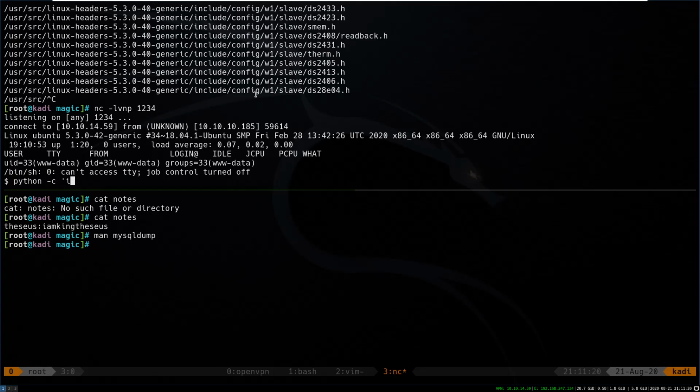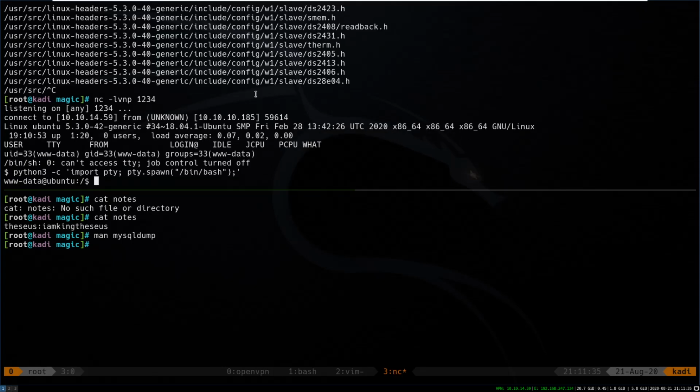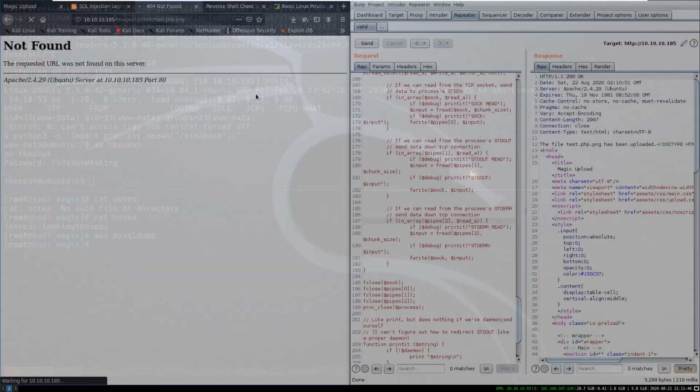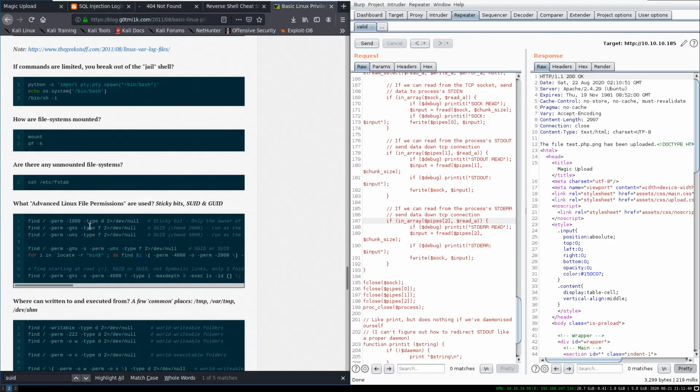Python 3 -c import pty.spawn and bash. Good. Okay. Switch over to Theseus. I think it's still on my clipboard. Yes. Okay. So looking back over at this,